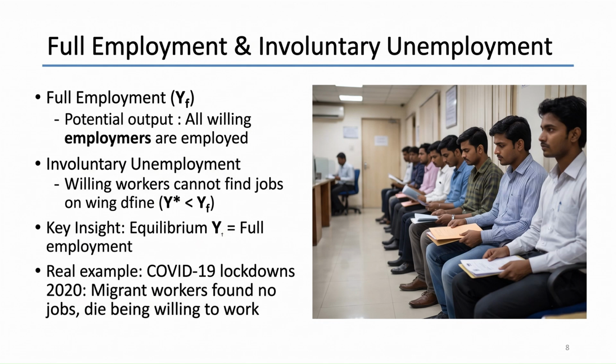Full employment output: the production level achieved when everyone willing to work at the prevailing wages has a job. Involuntary unemployment: qualified workers who are actively seeking work at market rates but cannot find it because aggregate demand is too low. Think back to the COVID-19 pandemic lockdown in 2020. Millions of skilled daily wage workers were ready and eager to work at standard daily rates, but total demand in the economy was halted and there were simply no jobs available.